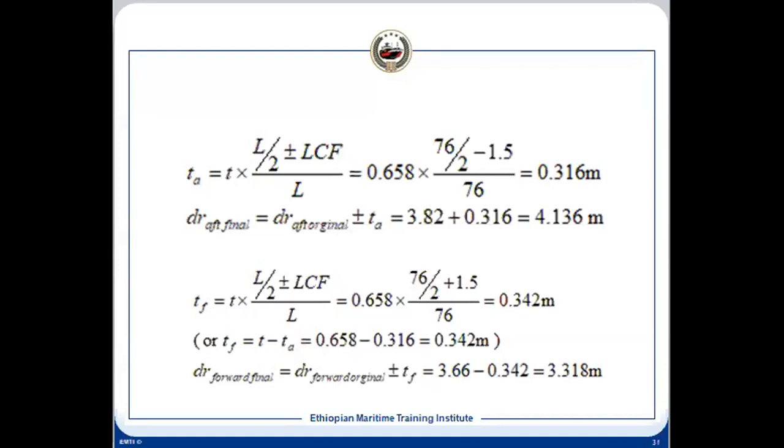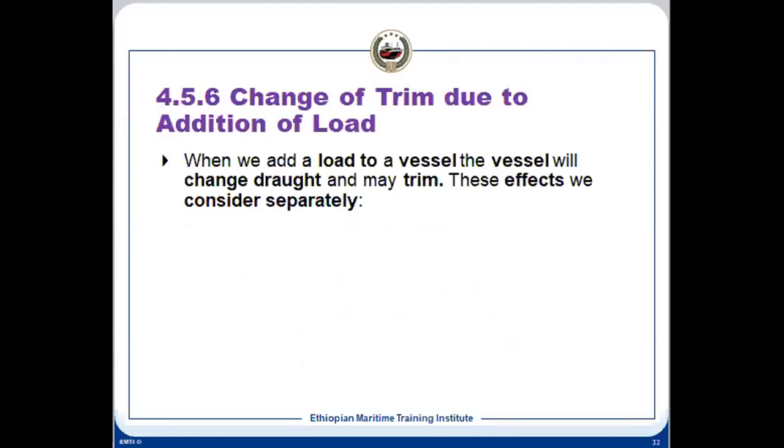The naval architecture class will be doing the same chapter. We stopped here last class. We have calculated the trim aft and the trim forward, and we have derived the formula for how to calculate it. But what we have done till now is the shifting of mass within the vessel. It might not always be like that. Some mass can be added during loading, and during discharging some mass will be removed. So let us see what will happen if we add it.